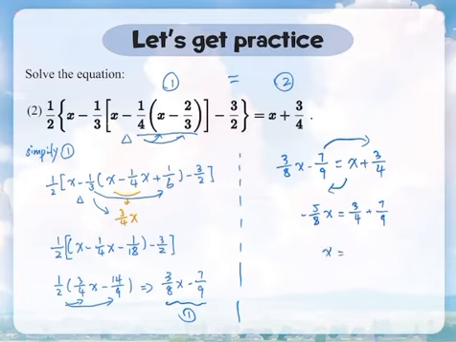So x is equal to, if you combine those two terms, 55 on top and 36 on the bottom, multiplied by negative 5/8. After you do the calculation, x is equal to a very nice number,